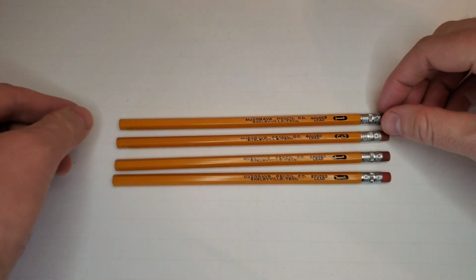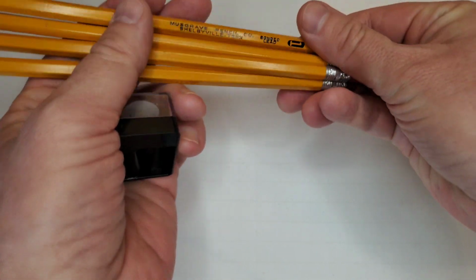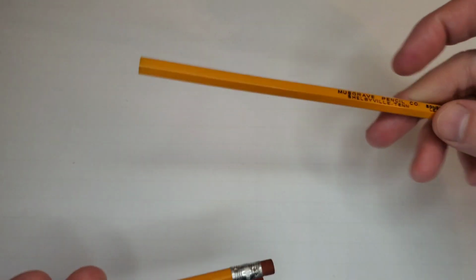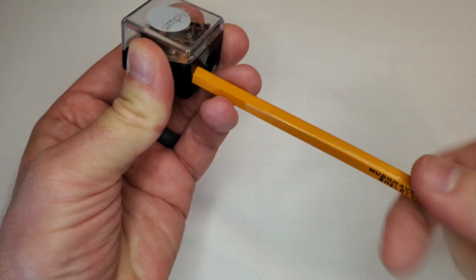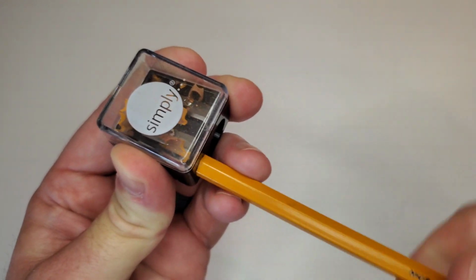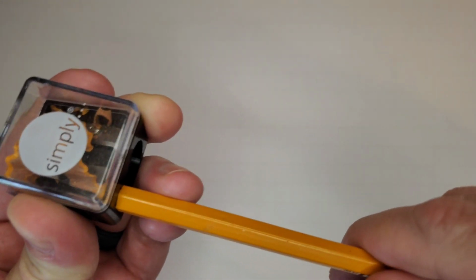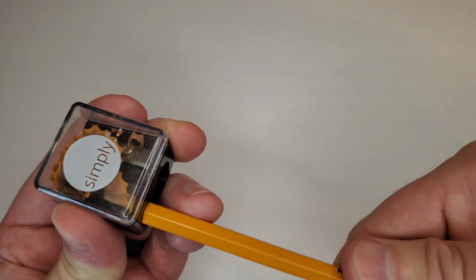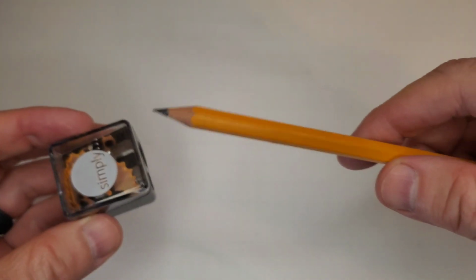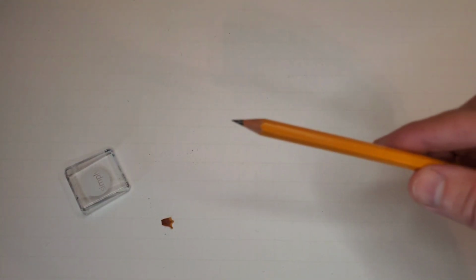And because I think these are likely, based on what I can see from the end, cedar pencils, I'll use a hand sharpener so I can get a whiff of that cedar. I'll sharpen one of the number 1s since I only have one of the number 3. Making a nice ribbon in there. I don't remember what store brand Simply is, if that came from Meyer or Kroger. I honestly don't remember. It's kind of a stubby point, but definitely cedar,